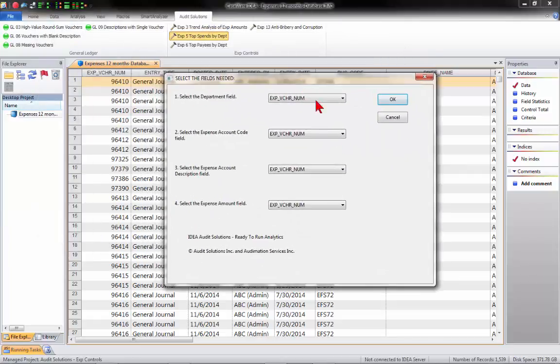This particular test requires 4 pieces of information to go through the test and provide you some results. The first item needed is the department field. Now this is depending on the fact that you have already looked over your data that you've imported. You know the names of the columns, and the data that is in those columns, because you're going to have to match this column with what Audit Solutions is expecting. Department field,